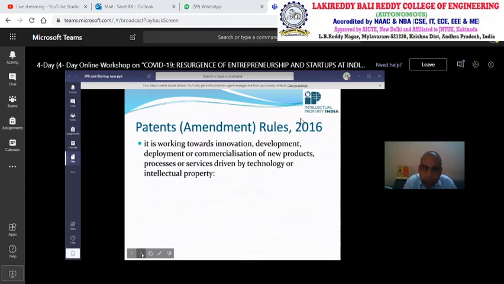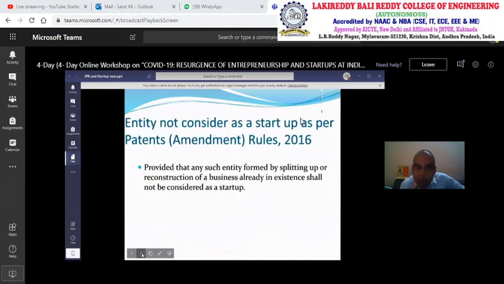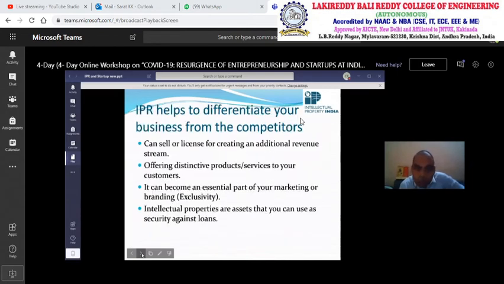Similarly, we also discussed the small entity as per our MSME Act. Now, how does your IPR help to differentiate your business from the competitor? This is the most important one. Suppose you are developing a product, and another person is also developing the same product, but 10 months before you.